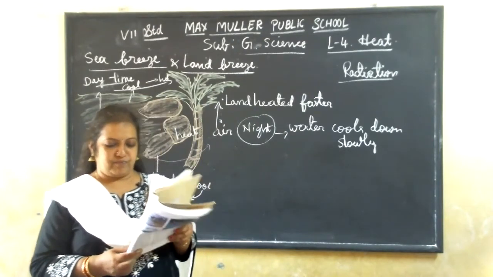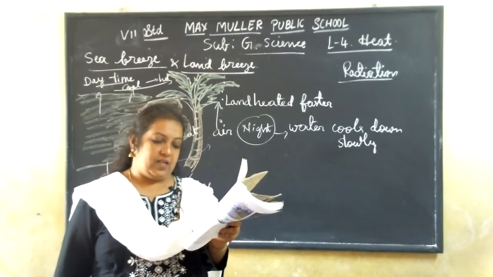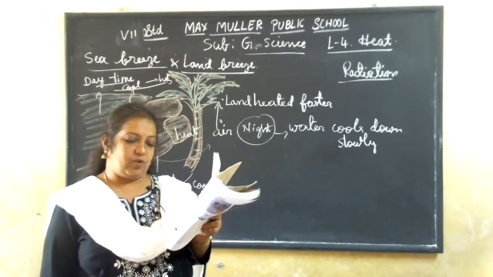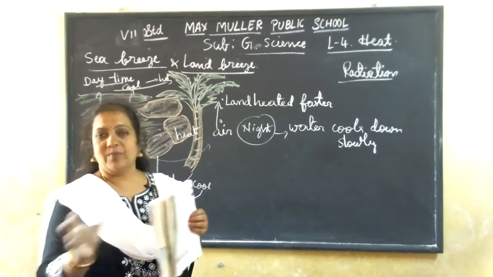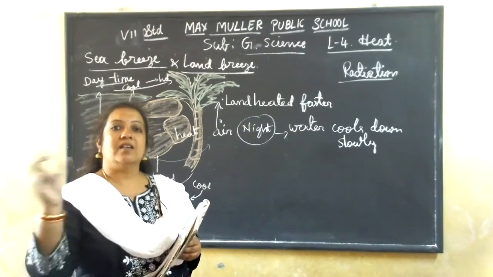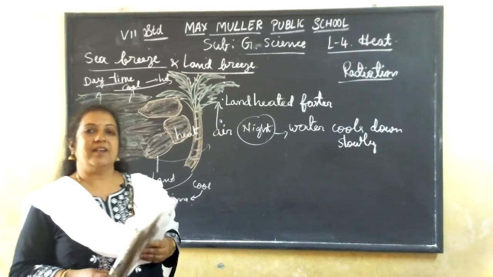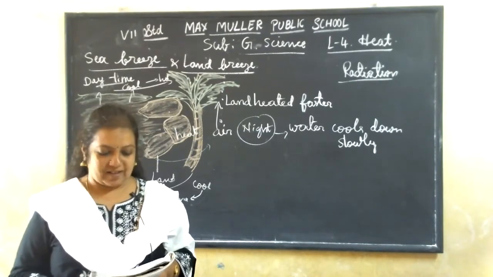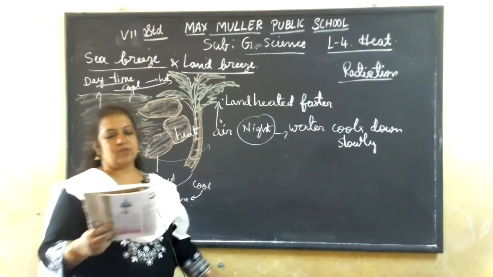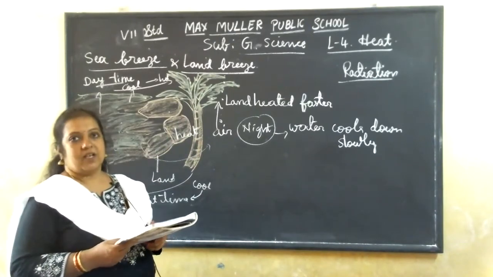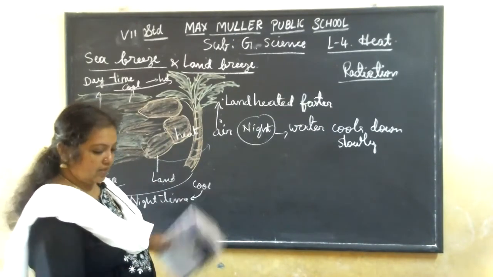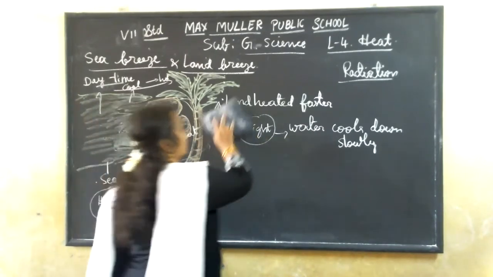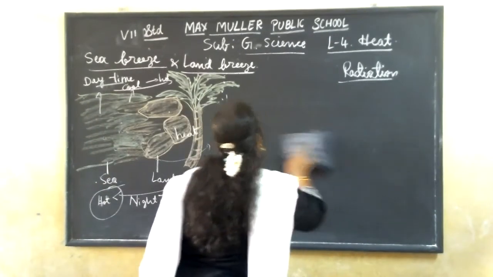See here, as there is no medium such as air in the most part of the space between the earth and the sun. Okay, there is no medium in between the earth and the sun. Then how is it reaching the earth? From the sun, heat comes to us by another process. That is what we will call radiation. Now we will study about radiation.